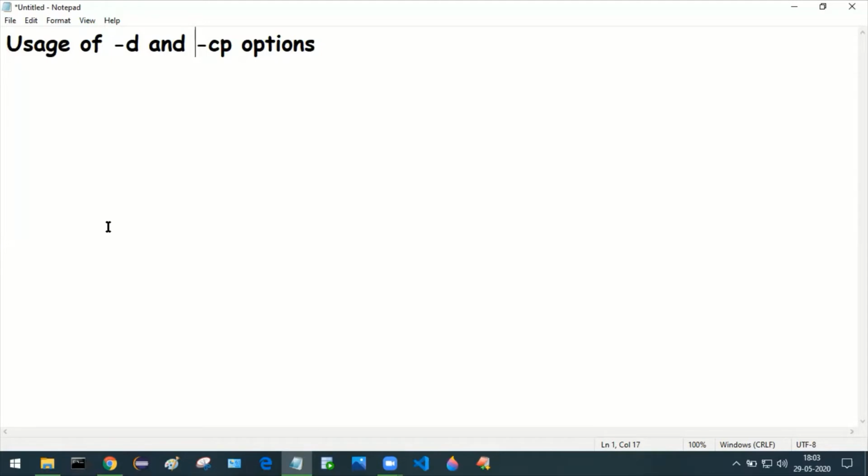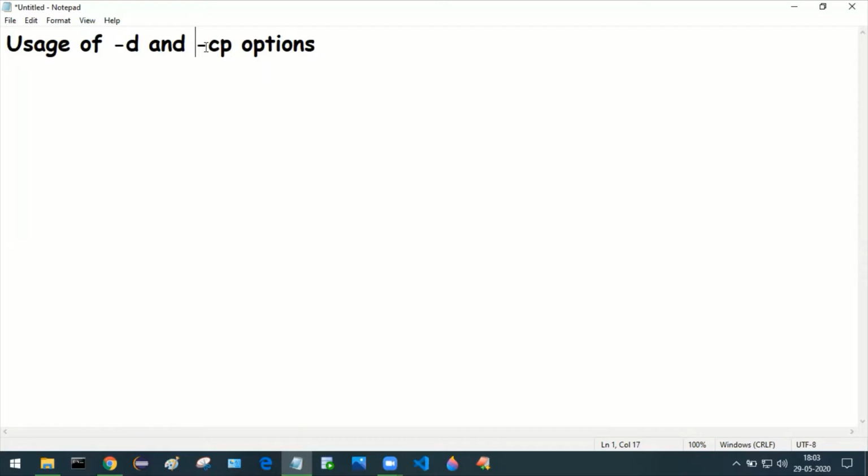While we are compiling and running a Java program, we are going to use these two options mainly, that is -d and -cp. In the command prompt, we are going to use these two options.